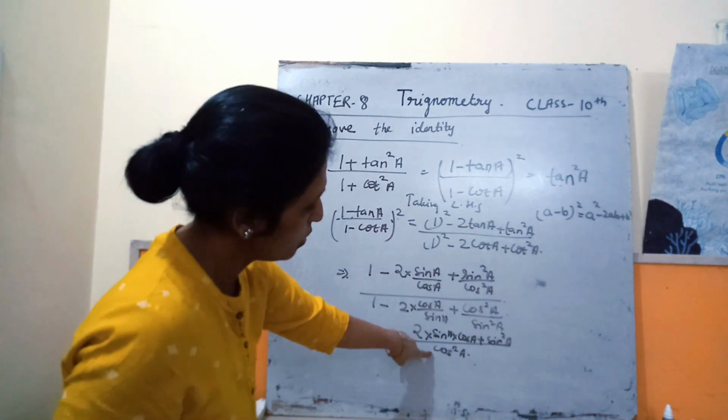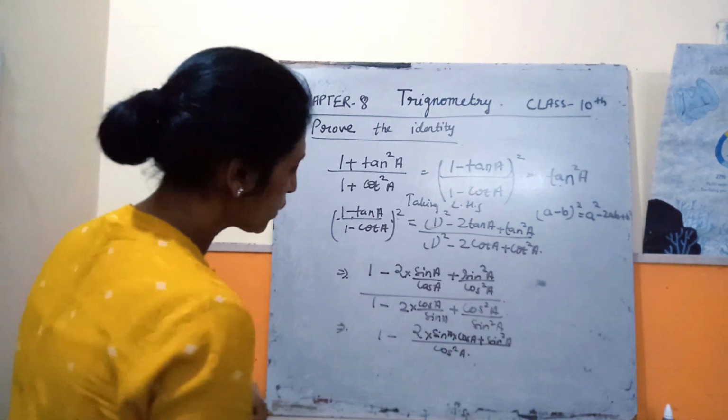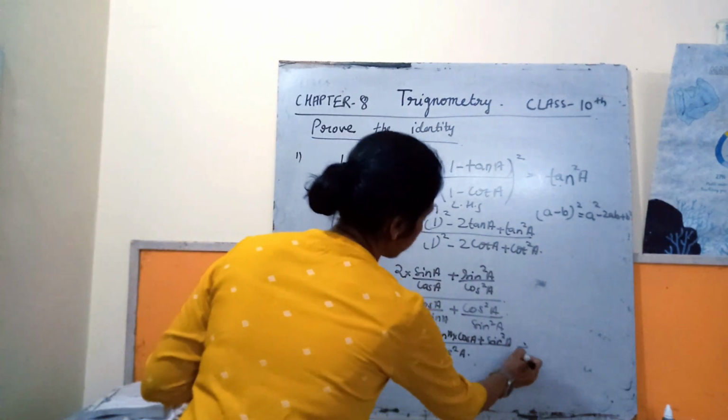Because cos square A is there, so we will multiply it with 1, okay, divided by,